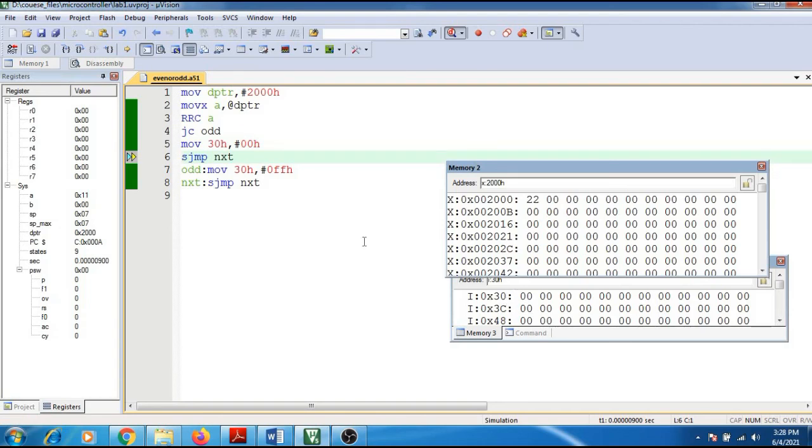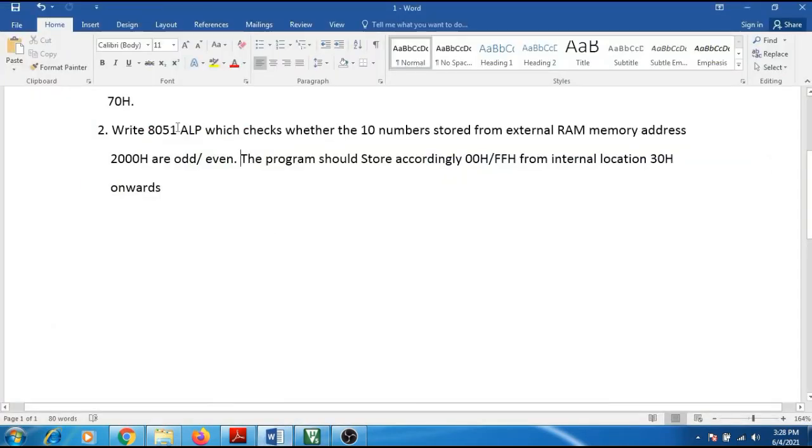Okay, so like this we can find out whether the given number is even or odd. Using the same logic we can write the other program, that is, write an 8051 ALP which checks whether the 10 numbers stored from external memory address 2000H are odd or even. Here we need to store 00H or FFH in the internal memory location 30H onwards.